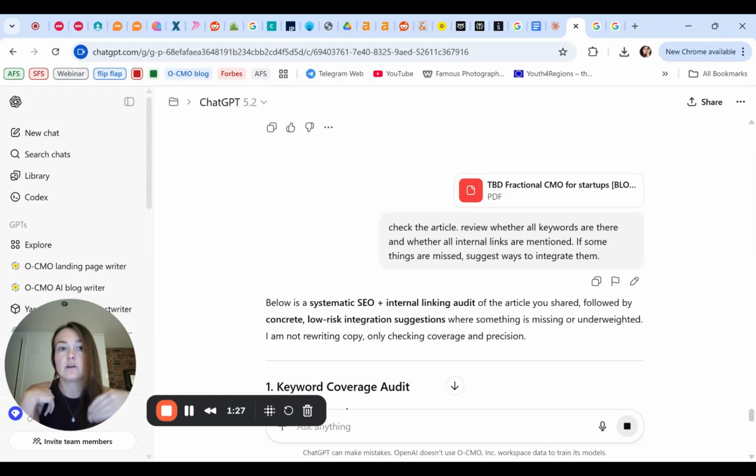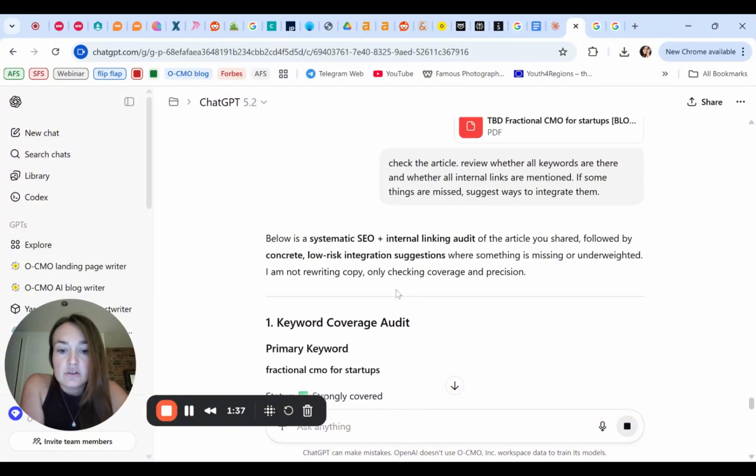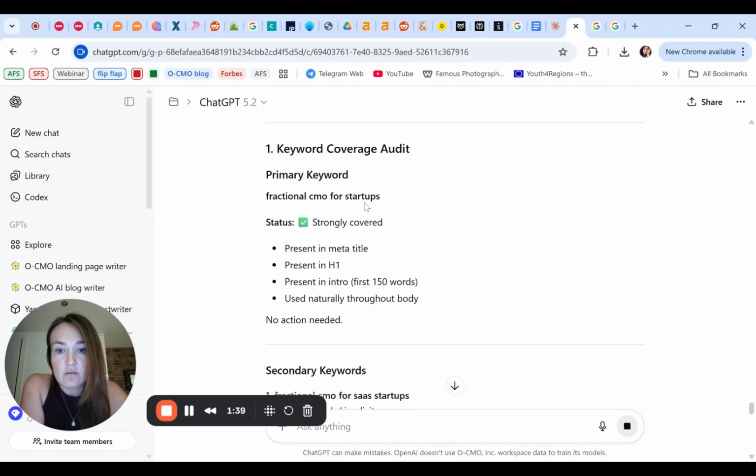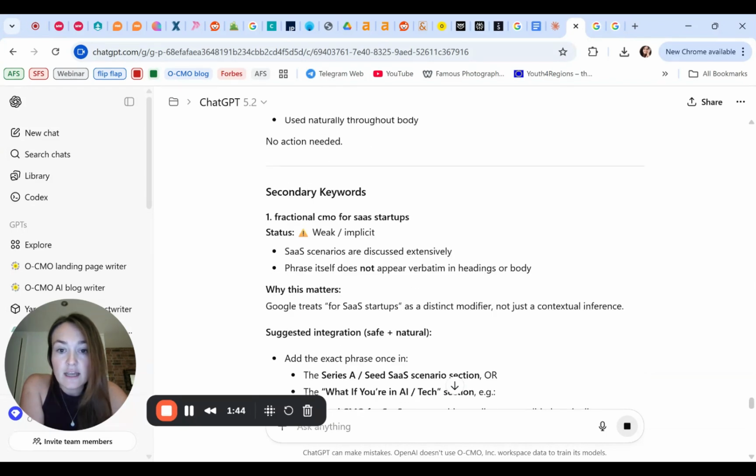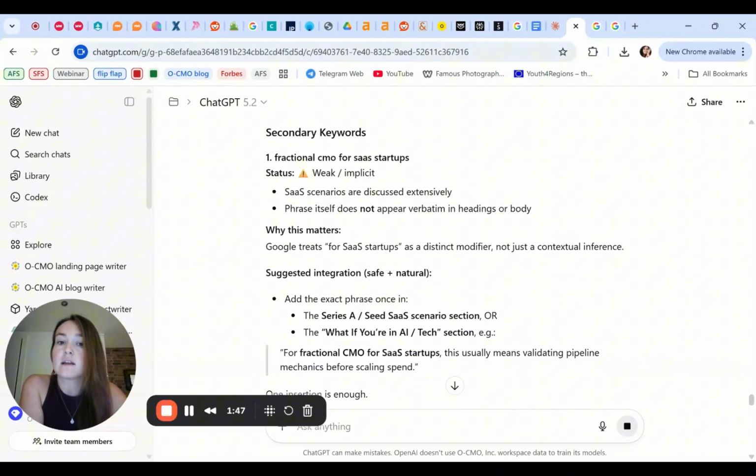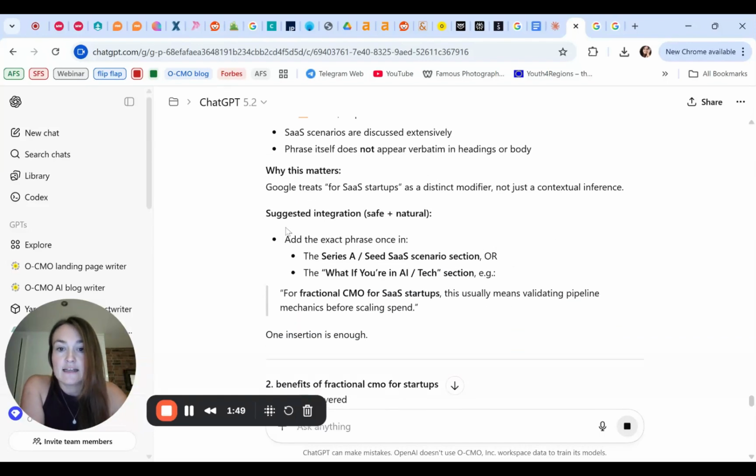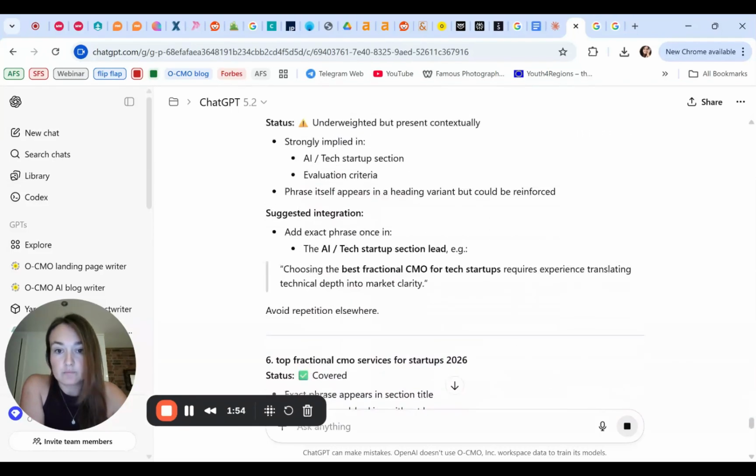However, when I want to analyze and find the gaps, I need to set the context for ChatGPT. So, okay, now we know that the primary keyword is strongly covered, and there are some keywords that are missed. And it's giving me the suggestions, which I'm going to include now.